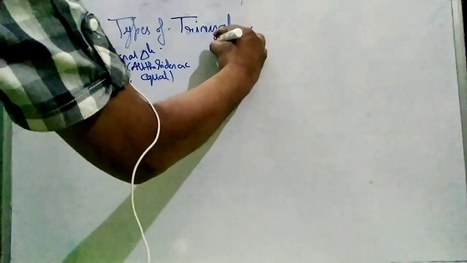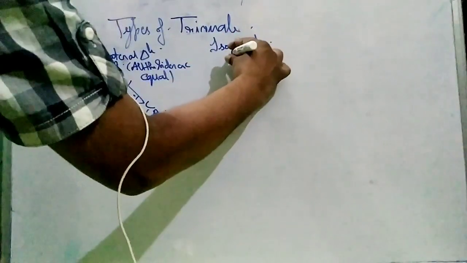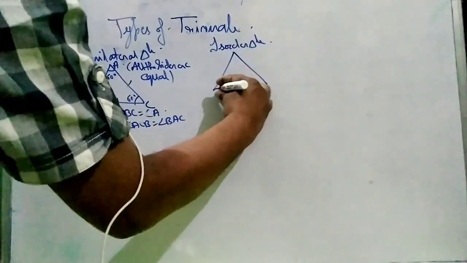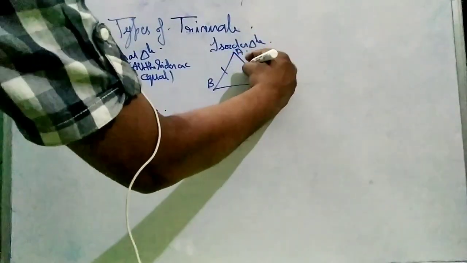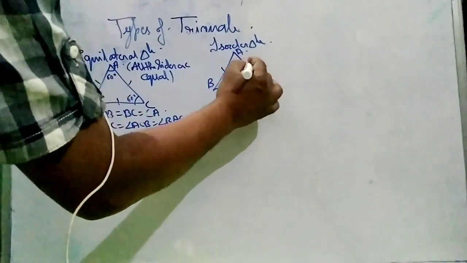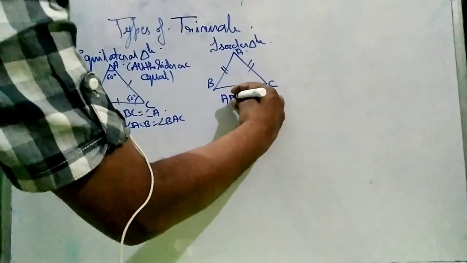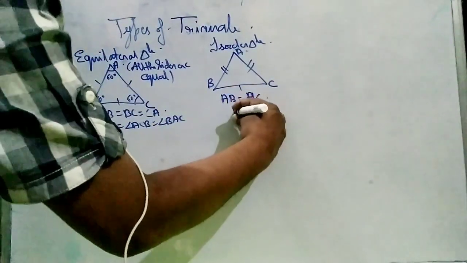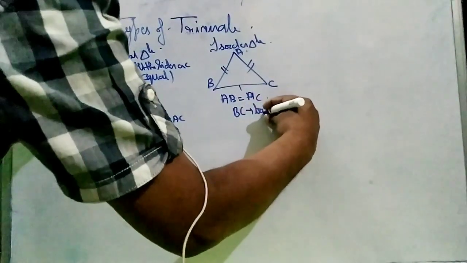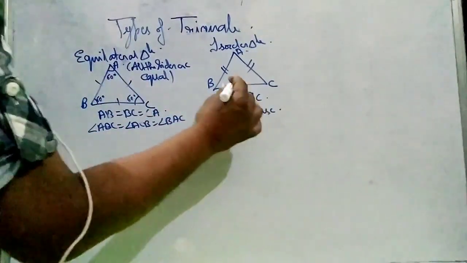Then comes isosceles triangle. In isosceles triangle, two sides are equal. Any two sides are equal. So, if these two sides are equal, AB is equal to AC and BC is called as base in an isosceles triangle. Now, in an isosceles triangle, one more thing has been there,